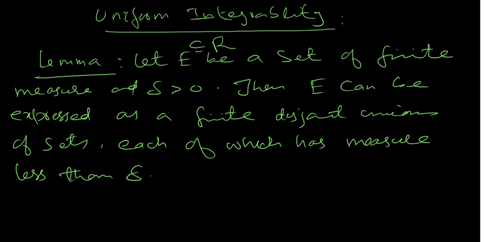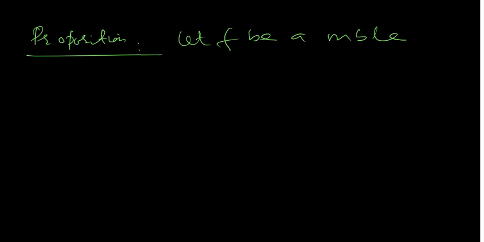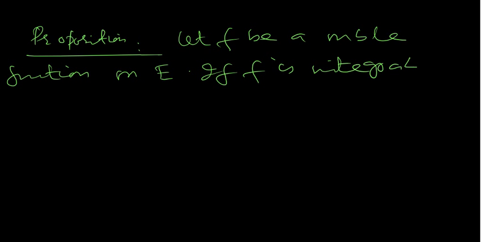Next we have a proposition. I will leave the proof of this proposition, which is again very simple; you can see it in the book by H.L. Royden, Real Analysis. The proposition is: let f be a measurable function on E. If f is integrable over E, this is very important, and you will use this property in future, then